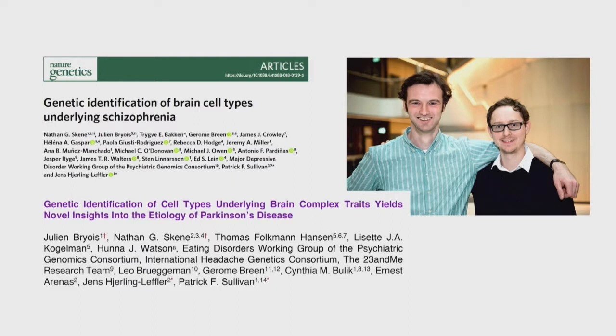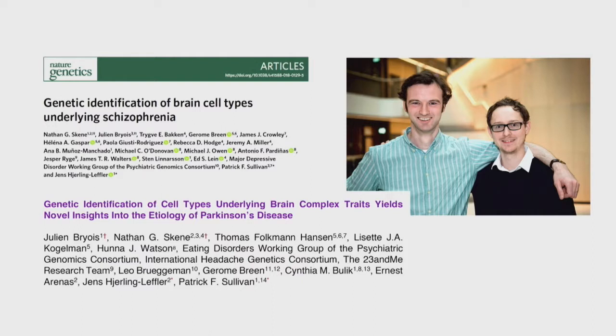So with this approach, what we're trying to use is single-cell expression data from normal, healthy individuals or mice, and then try to raster the findings from GWAS studies on top of that. So if we find which genes are carrying risk for a disorder, we can ask a simple question: where are they expressed?